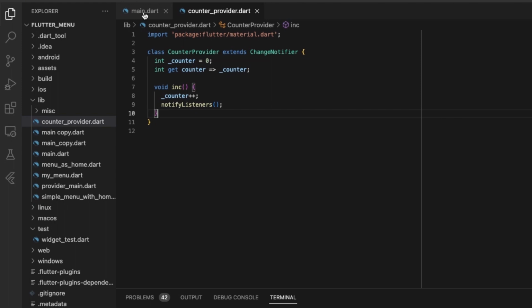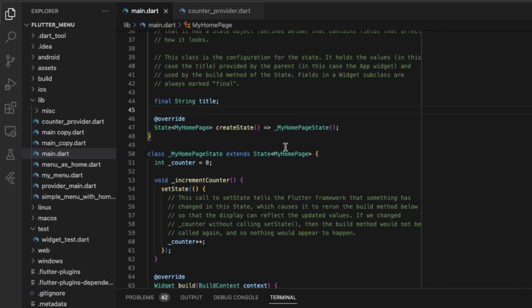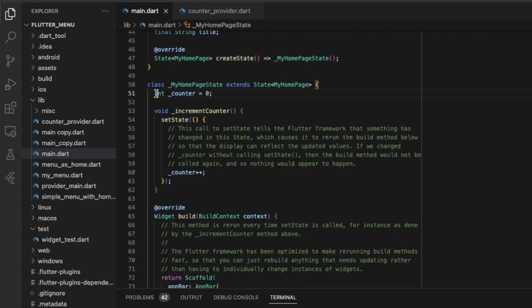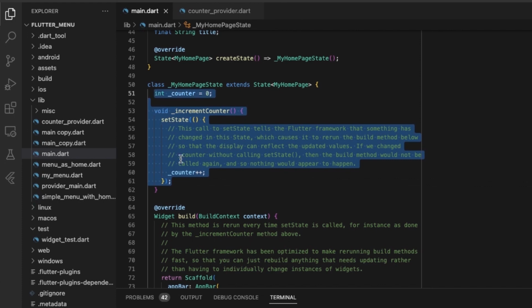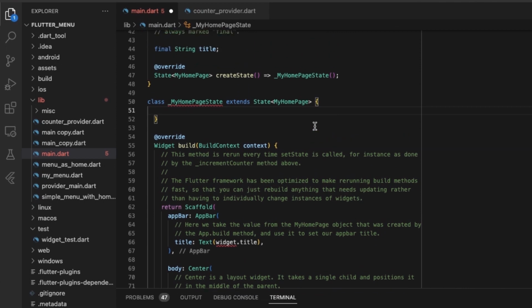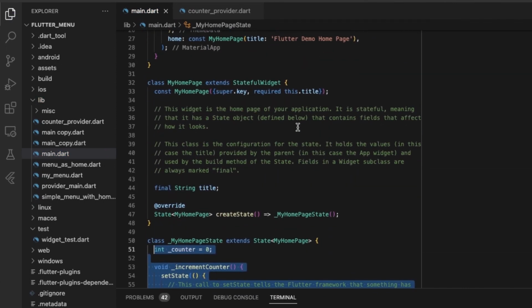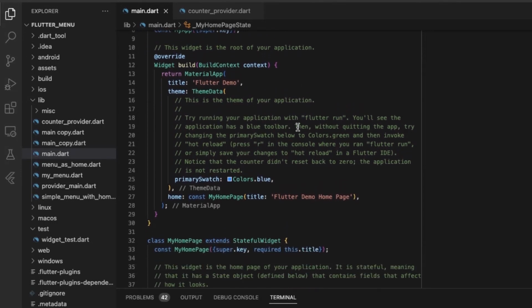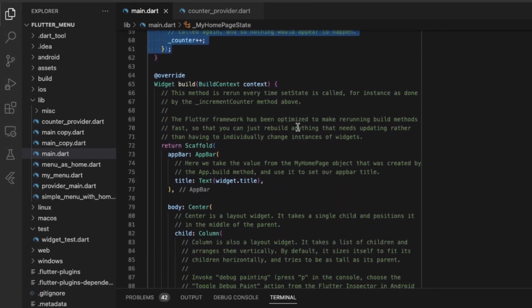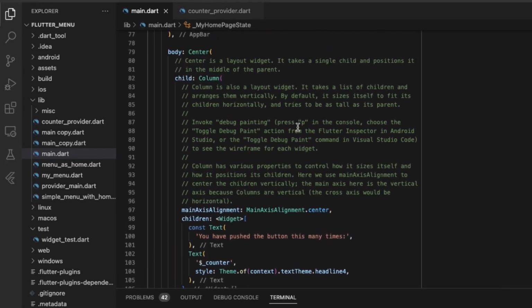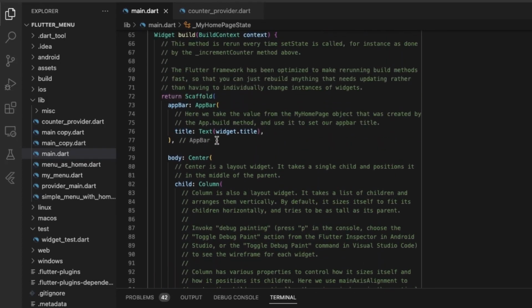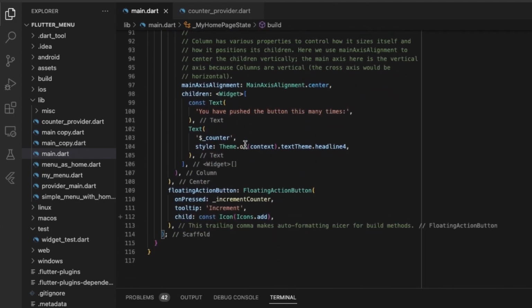And let's move on to our main module. So first we will remove the counter that is being used here, because we are not going to use this anymore. In fact, we are not going to use the complete state part. So what we can do is that we can directly use this UI, this scaffold,